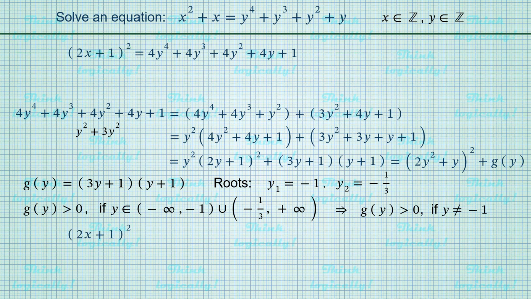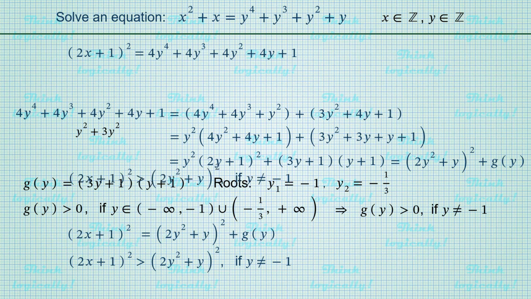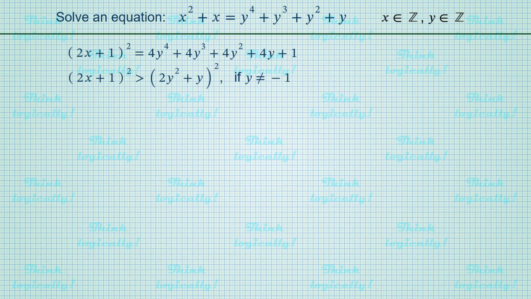The right-hand side of the equation can be expressed as (2y squared plus y) all squared plus g of y. We have seen that g of y is positive when y is different from negative 1. Therefore, (2x plus 1) all squared is greater than (2y squared plus y) all squared if y is not equal to negative 1. Let's copy this valuable inequation to the top and wipe out no longer valuable stuff on the